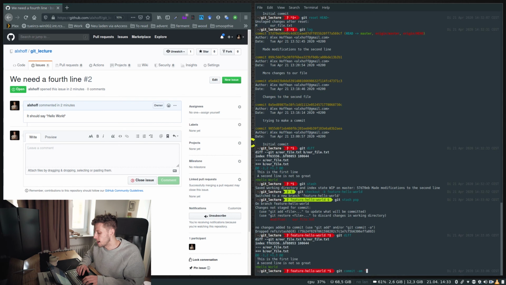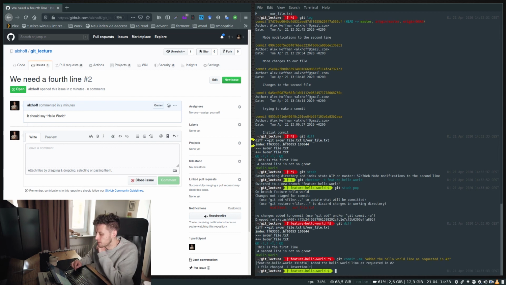And we'll go, added the hello world line as requested in #2. If we just do the #2, when I commit this, GitHub will link the issue to the commit. So now I've created my commit, and if I push my commit on the branch feature,